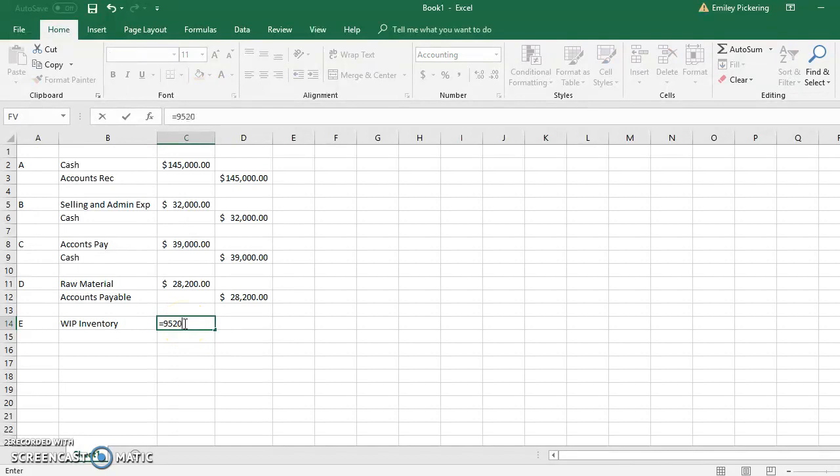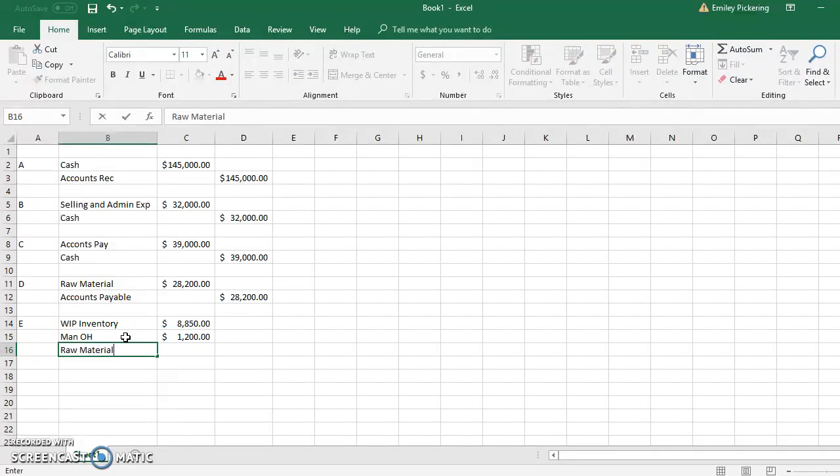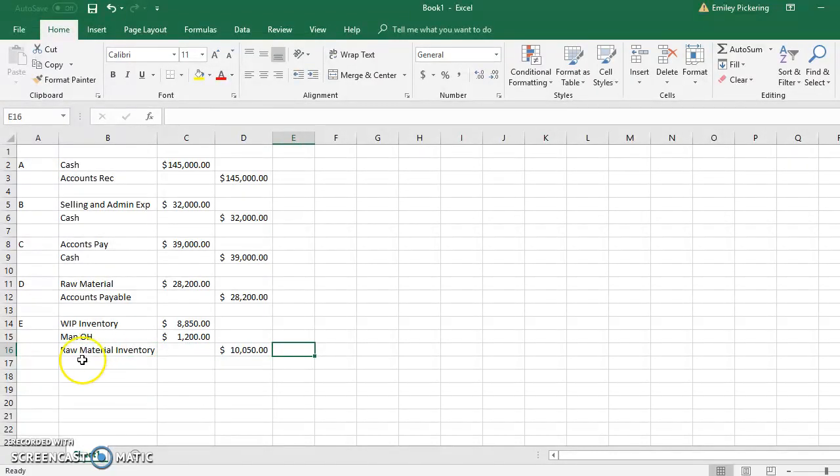So it's going to be the 950 and the 7,900. And then our indirect is going to go into overhead. So manufacturing overhead, and that's going to increase by 1,200. And then we're going to lower our raw materials by those amounts added together, which is $10,050. All right, so then for F,